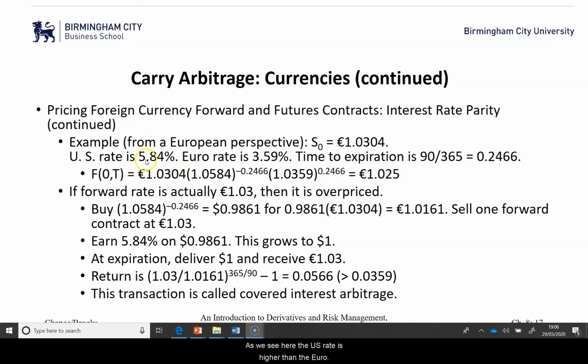As we see here, the US rate is higher than the euro rate, so therefore the euro must appreciate, and in other words the dollar must depreciate, so that there is no arbitrage present. Now suppose that the actual forward rate is 1.03 euro instead of the one implied by the formula. In that case, you will buy